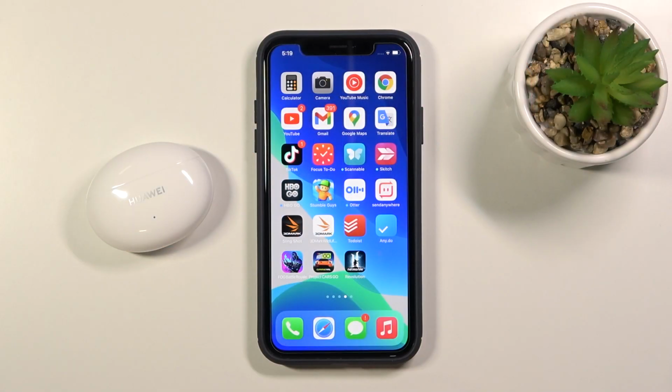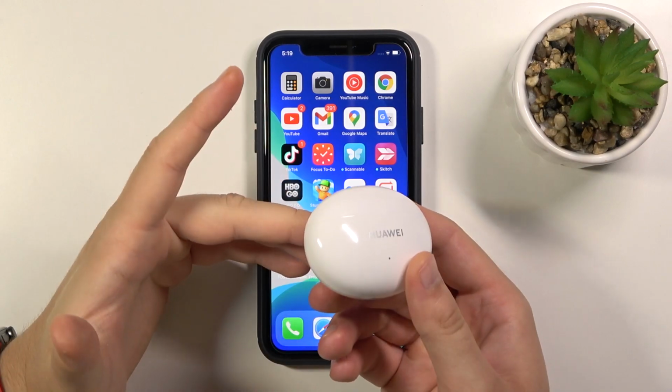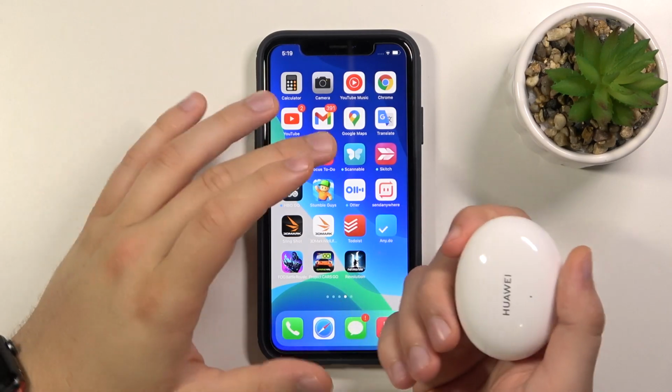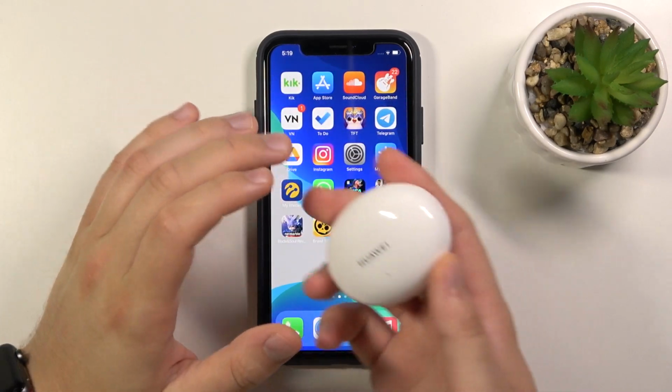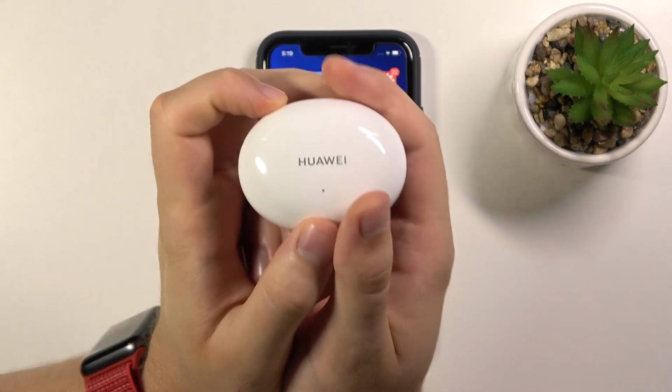Welcome. In front of me I have HUAWEI FreeBuds 4i, and I will show you how you can move them to the pairing mode and how you can connect them with your smartphone. In this case I have here an iPhone. So right now you have to open the case with your FreeBuds 4i,